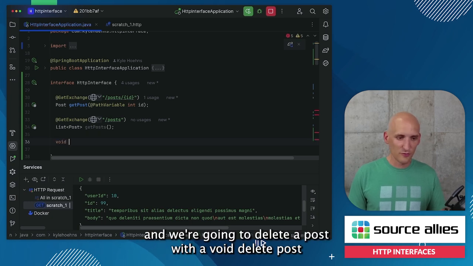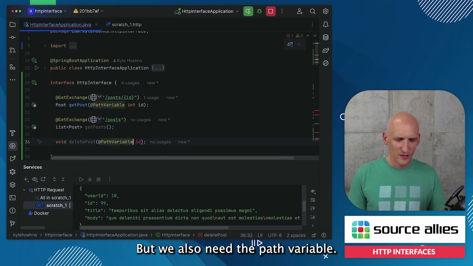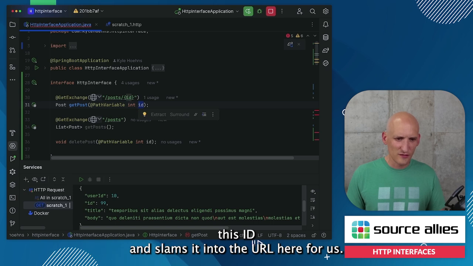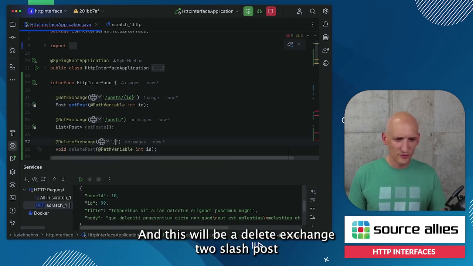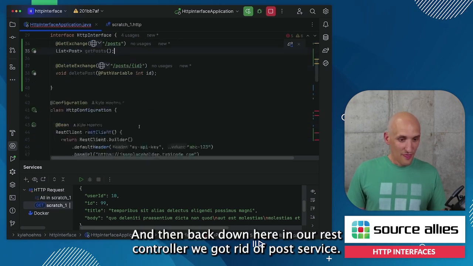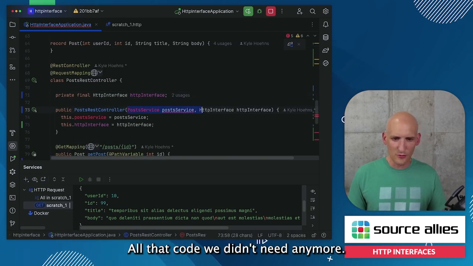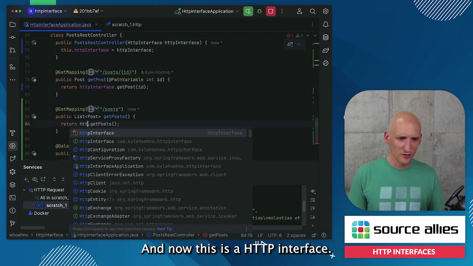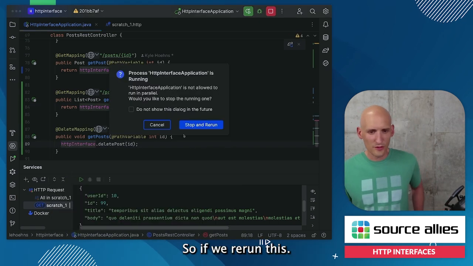And we're going to delete a post. So we'll say void delete post. That's going to take in an ID, but we also need the path variable. That path variable annotation basically takes this ID and slams it into the URL here for us. And this will be a delete exchange to /posts/ID. And then back down here in our REST controller, we got rid of post service, all that code we didn't need anymore. Cleaned it up, get rid of post service, and now this is HTTP interface, get posts, and HTTP interface, delete posts. So if we rerun this,